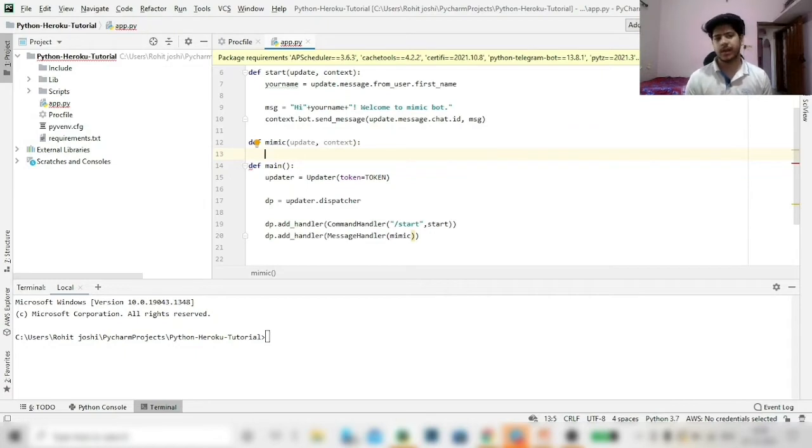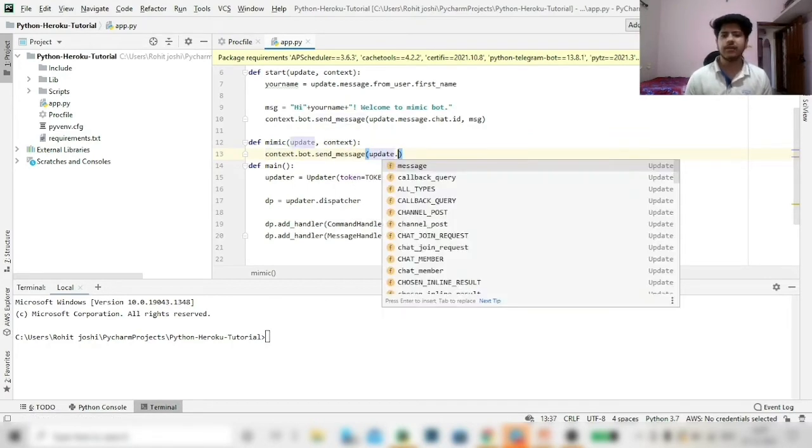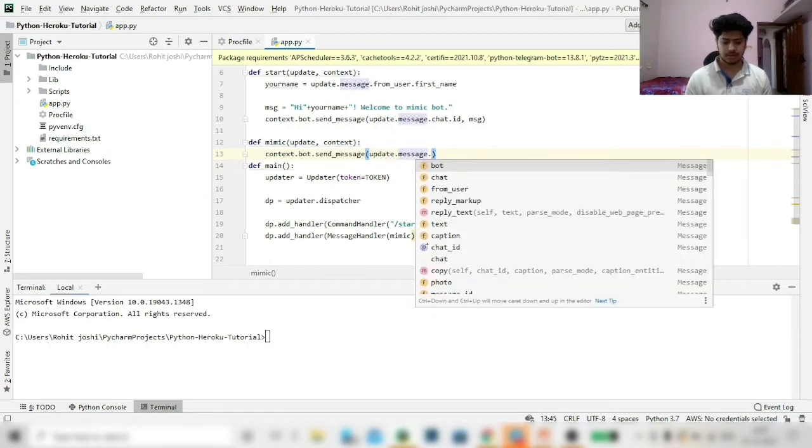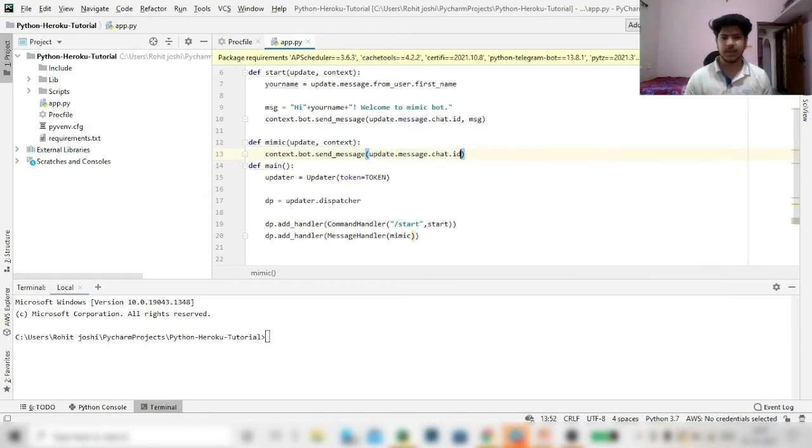So how can we do this? We can simply send context.bot.send_message. Here we need your id. We can get it from update.message.chat.id. Now here we need to pass a message, but we want the message the user has sent to the bot to be passed from the bot also.